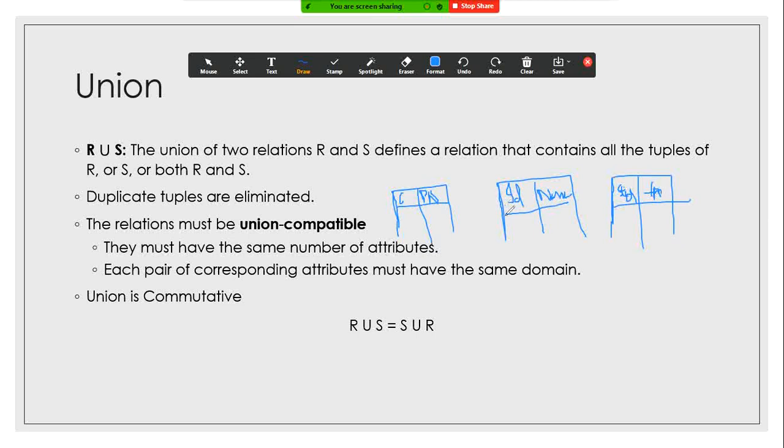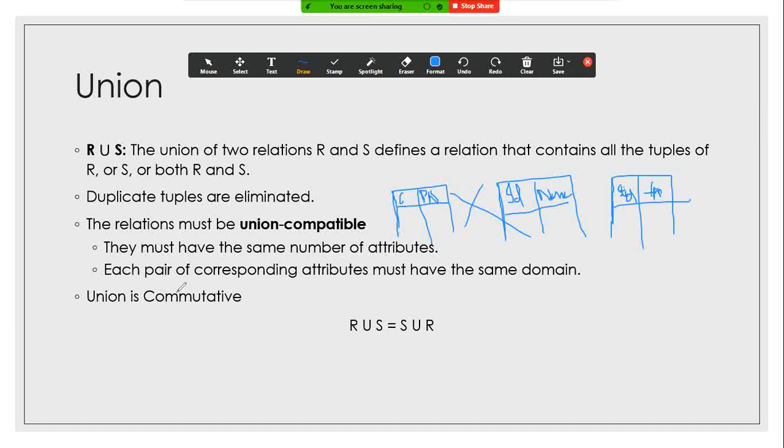No, because the domain of ID is different from the domain of city. Both are the first columns of each table, and they have different domains, so they are not union compatible. So before applying the union operation, we must make sure that both tables are union compatible.